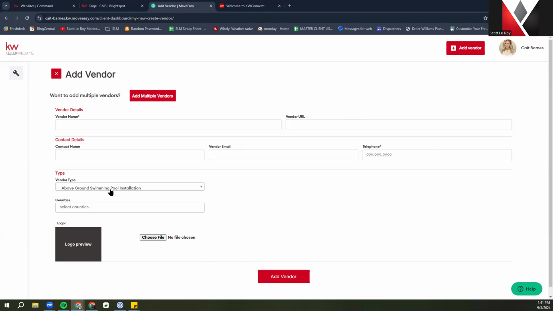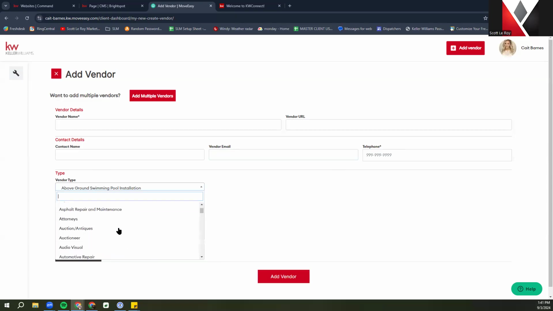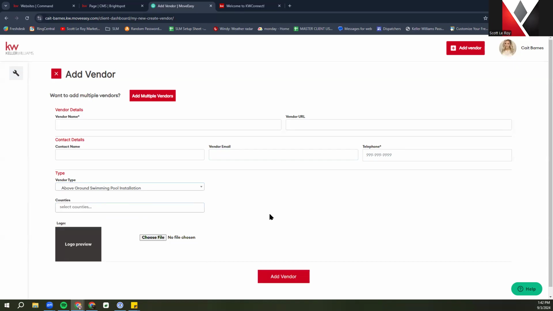And then you also have the vendor type. So if they're cabinet installation, there was even an auctioneer, depending on what state. So there's many different options here for you to choose from. Then you also have the counties that they service, and you can also add their logo here as well. Once you add that information, just be sure to go ahead and click Add Vendor,